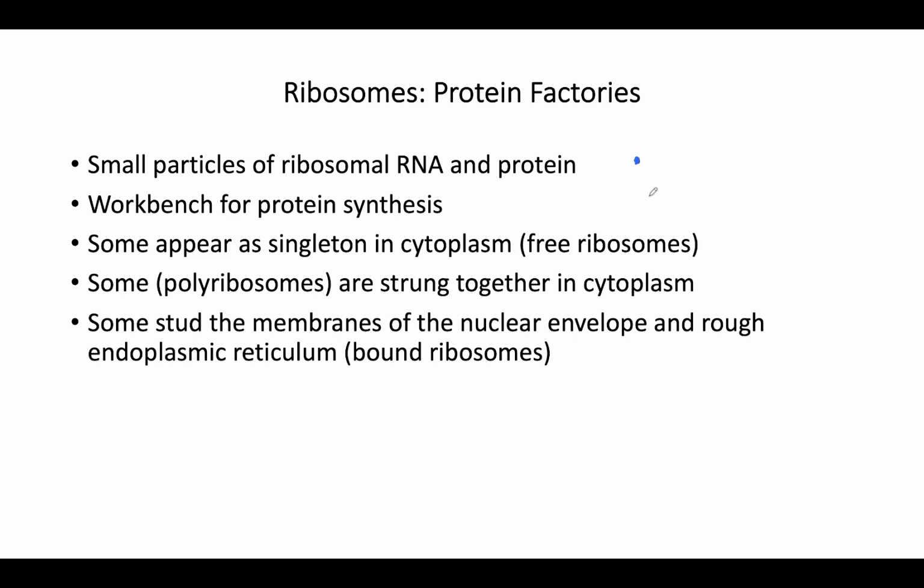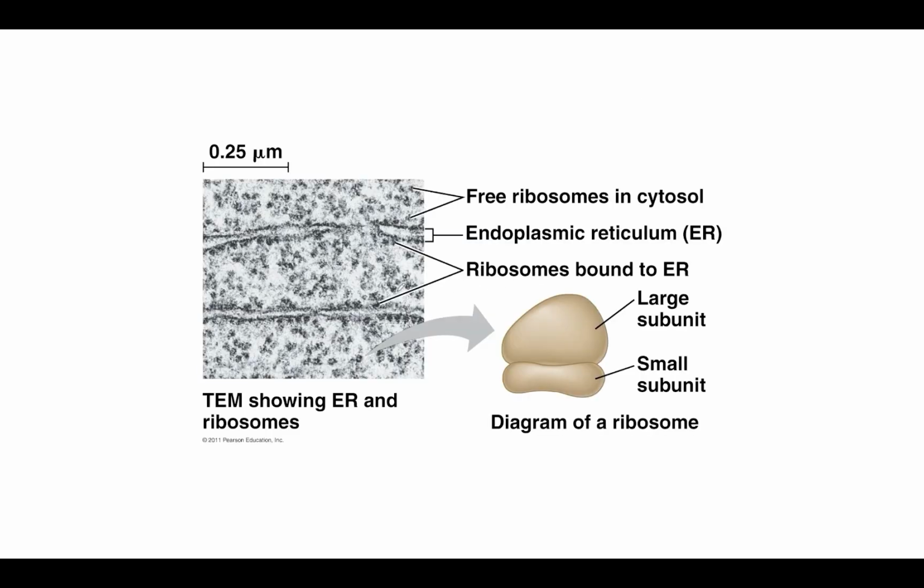Some ribosomes form polyribosomes. They string together in cytoplasm. Some ribosomes stud the membrane of the nuclear envelope and form rough endoplasmic reticulum. So you can see here's the membrane, and when ribosomes are bound to the membrane, they can be observed by transmission